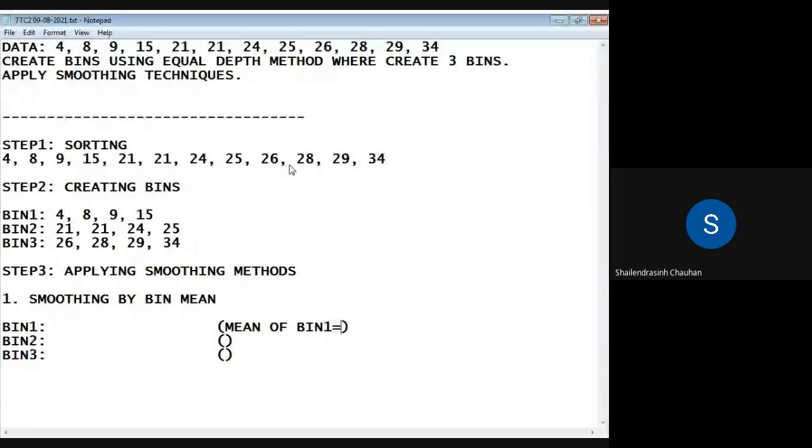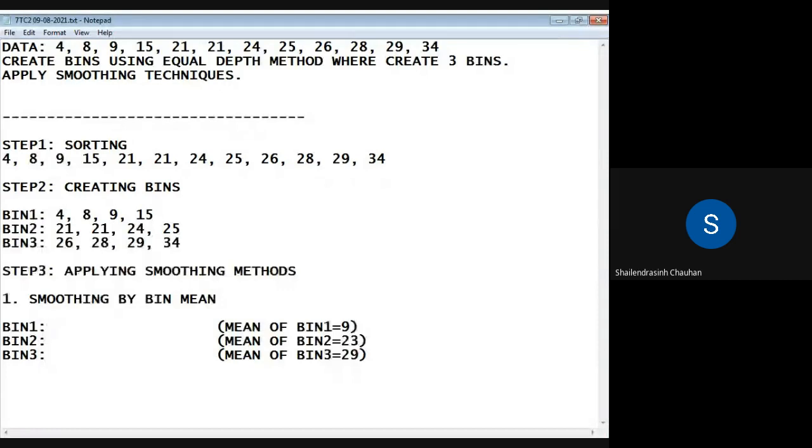You need to find out the mean of bin 1, the mean of bin 2, and the mean value, average value, of bin 3. Okay, so what is the average of bin 1? 9. Mean of bin 1 is 9, mean of bin 2 is 23, mean of bin 3 is 29. So here what we are doing, we are replacing all the values with its mean value.